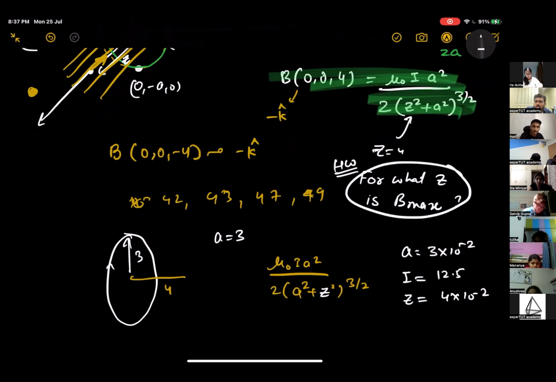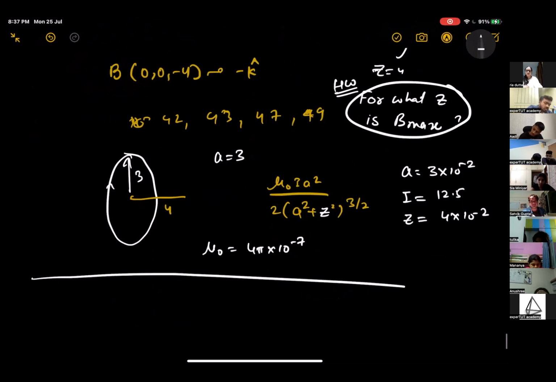So what do you take mu naught as? म्यू नॉट बाई 4 पाई पूरा कितना है? 10 to the power minus 7, but mu naught क्या लेंगे? ओके नाउ सी। अच्छा मैं इसको सॉल्व नहीं कर रहा, तुम करना, ठीक है। 43,